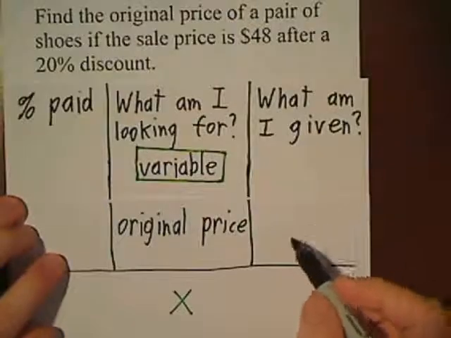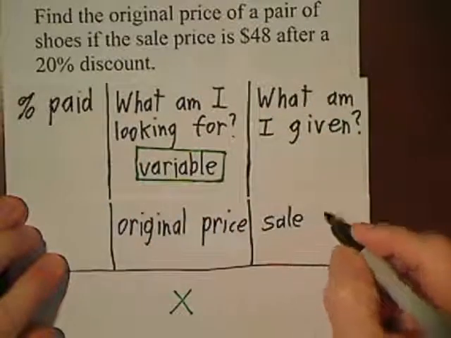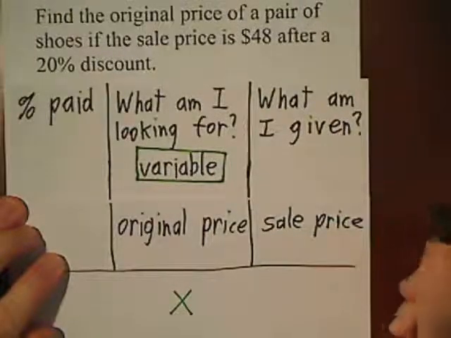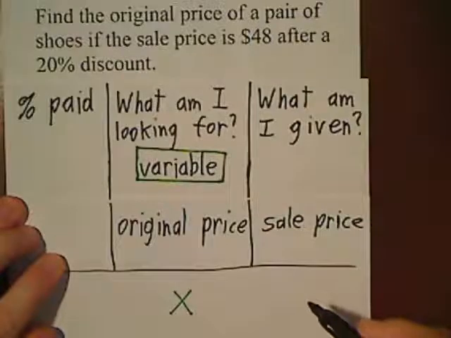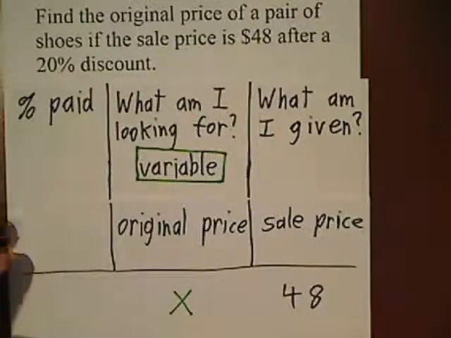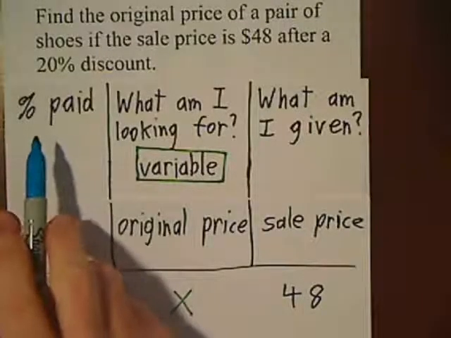You may or may not want to write this, but I'm given the sale price, and the sale price is $48. So I'm just going to write 48. I don't want that dollar sign in my way. And as far as the percent paid,